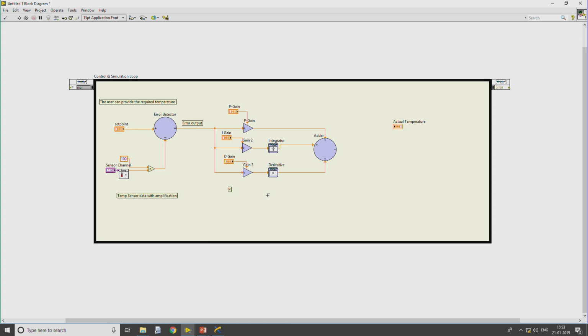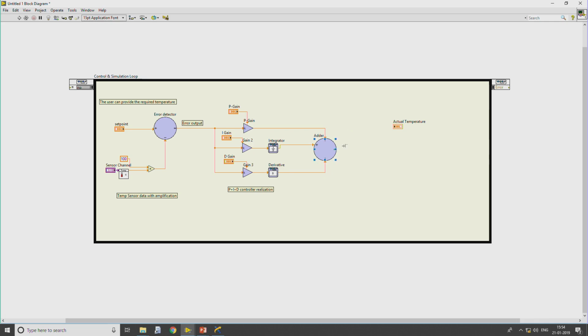Then the P plus I plus D controller realization, and the output will be the manipulated variable, but this manipulated variable should be given as an input to a driver circuit.